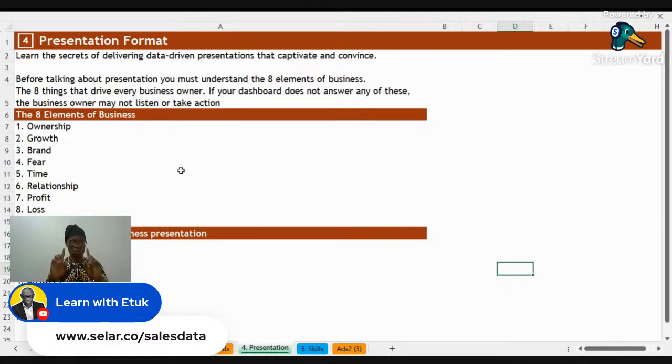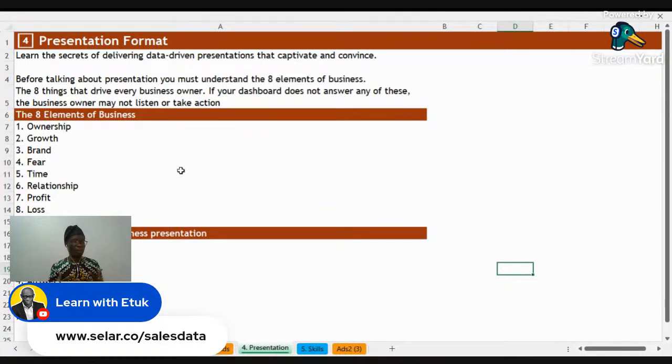Please, if you don't get anything else, get this part: the essence of the dashboard is not to show the analysis. Do you get? The most important thing is to get the business owner, or the team, or the persons you're presenting to, to take an action. If they don't take an action, to an extent, you have not really done the full work. Are we together? So what can you do as a data analyst to help them to take action?